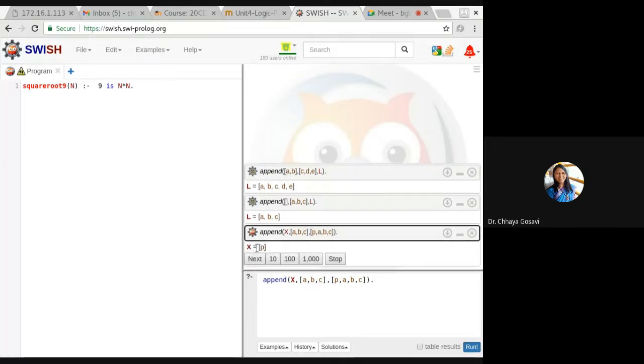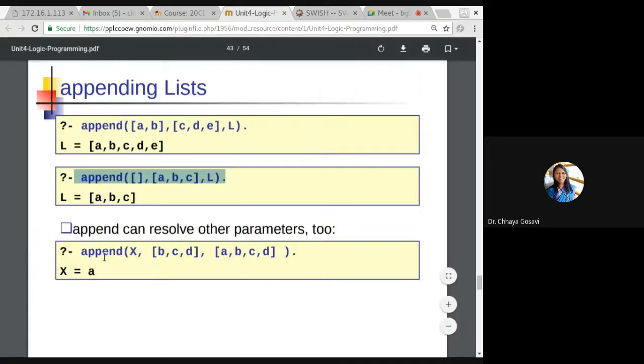Note that P is not an element, it's a list. Append works on two lists, first and second. So X, it has returned, is the list [P]. Same thing here, append can resolve other parameters. Will it work with the second parameter?